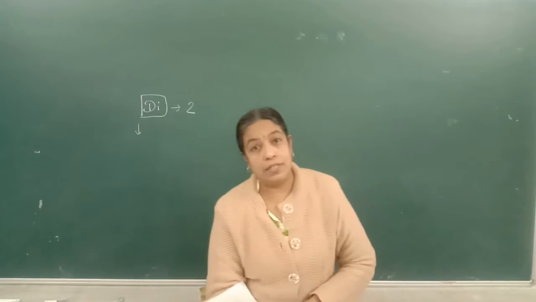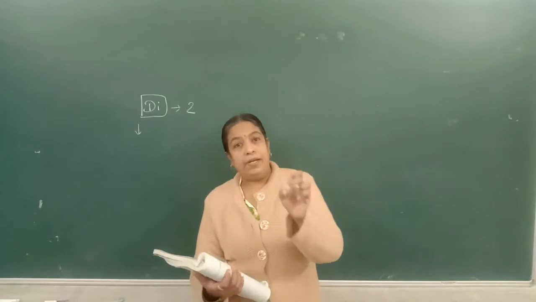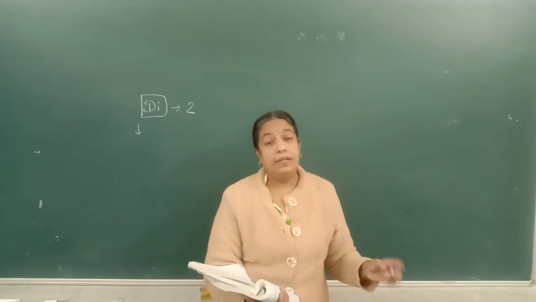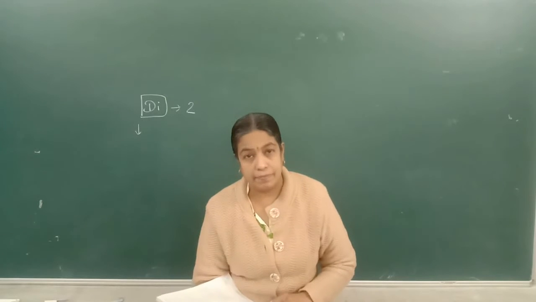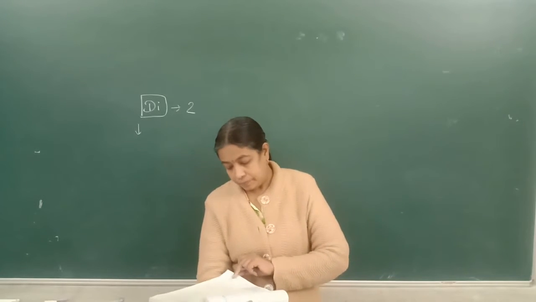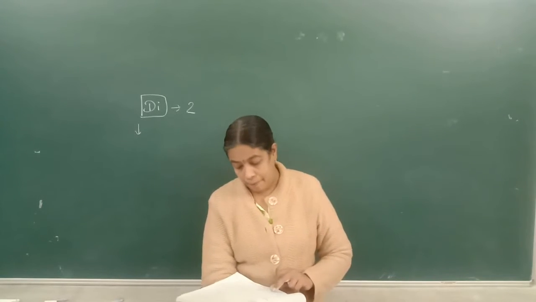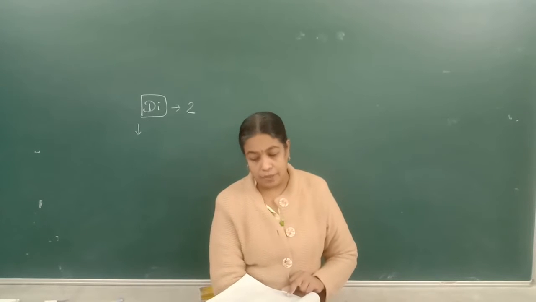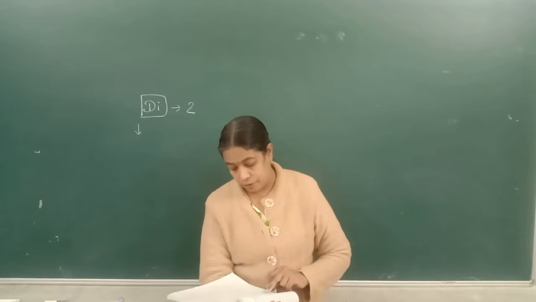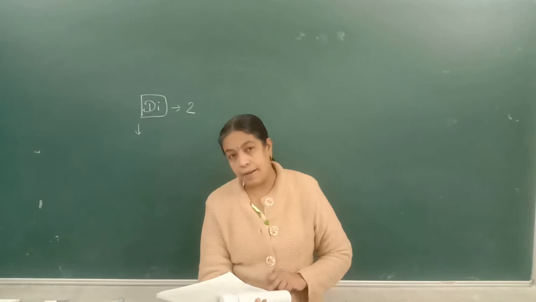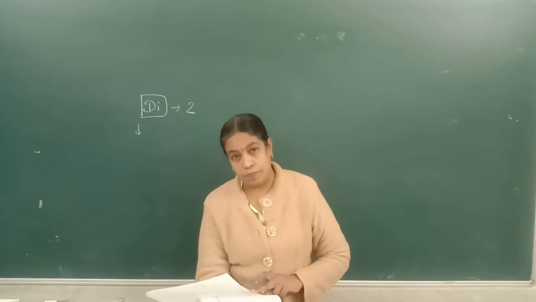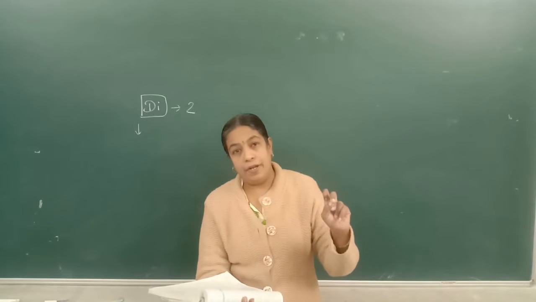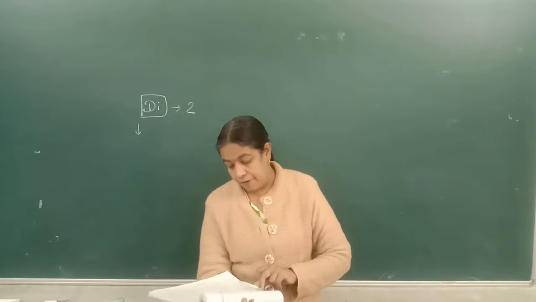It remains constant. If that probability is constant in every case, then such types of trials are called Bernoulli's trials. Got it? Now, Bernoulli's trial done. Now the binomial distribution. A discrete random variable is said to follow a binomial distribution with the parameters n and p if its probability